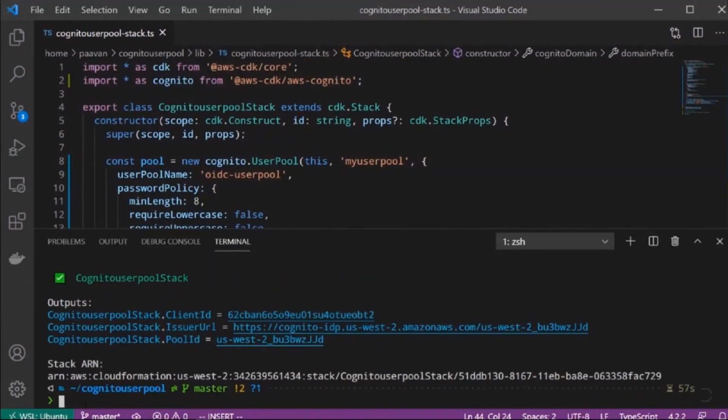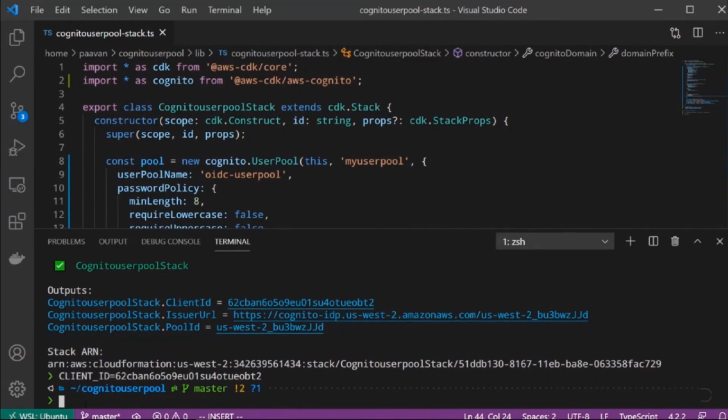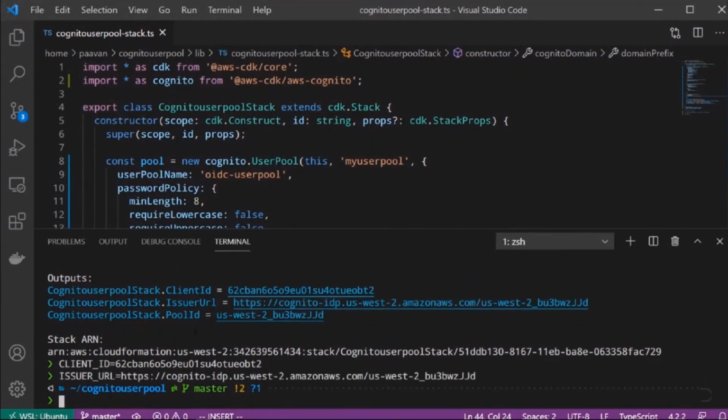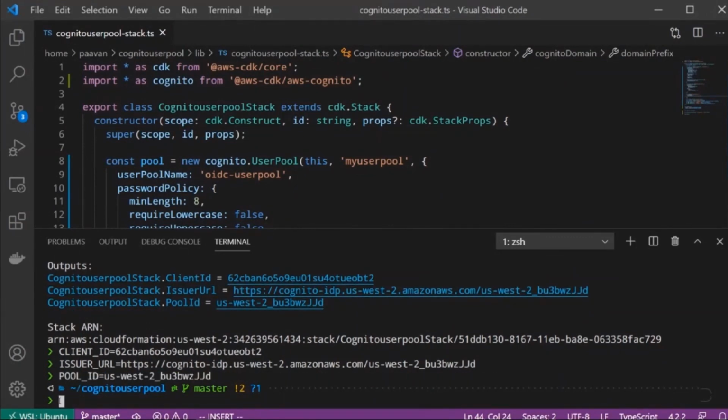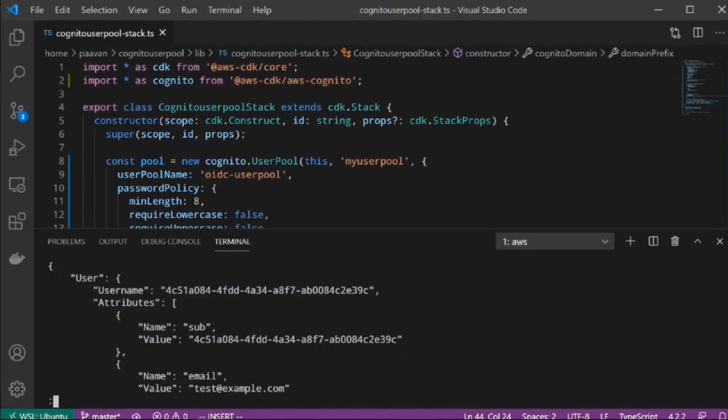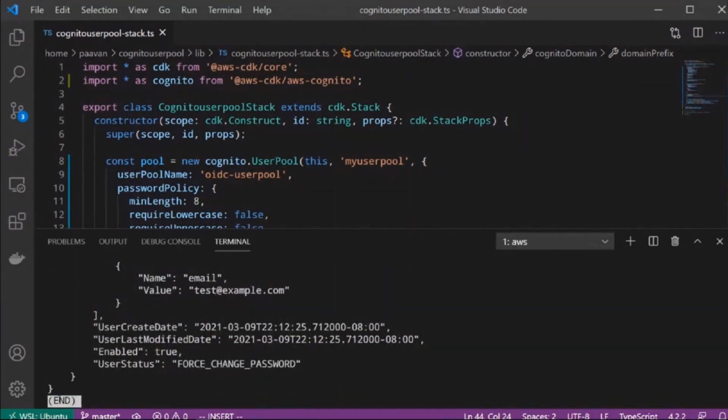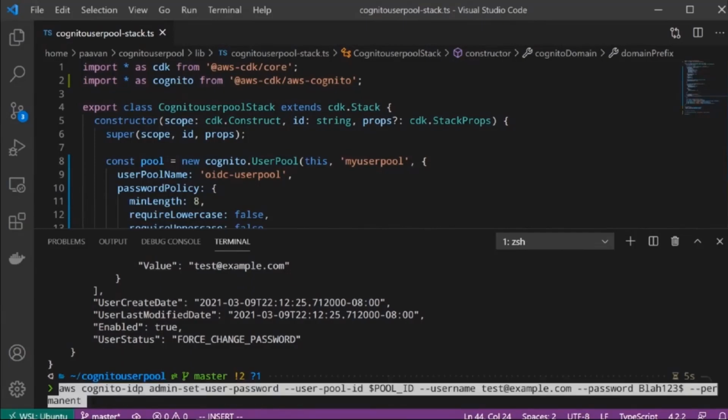So here we have the client ID, the issuer URL, and the pool ID generated within Cognito using AWS CDK. The reason we do this is it's easier than interacting with the console and selecting all the different options that the console presents for AWS Cognito. So there are 3 parameters needed, and we will use these parameters to create a user and add the user